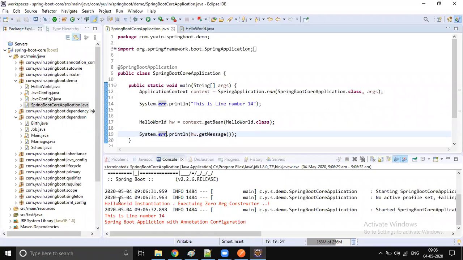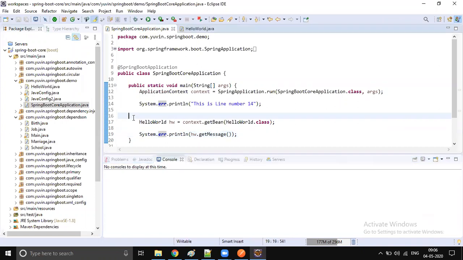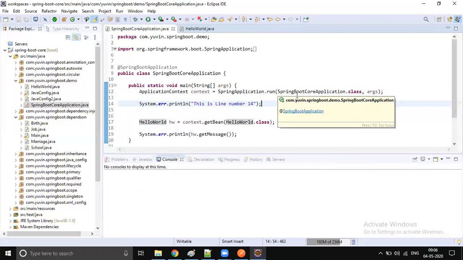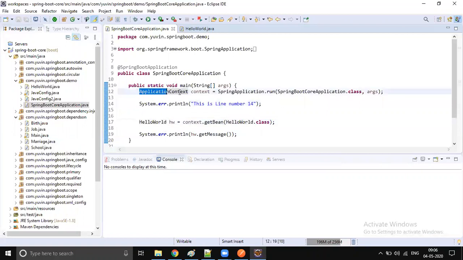So now what I ask is, I don't want hello world to be instantiated at the time of container instantiation. I don't want hello world to be created at the time of container creation.